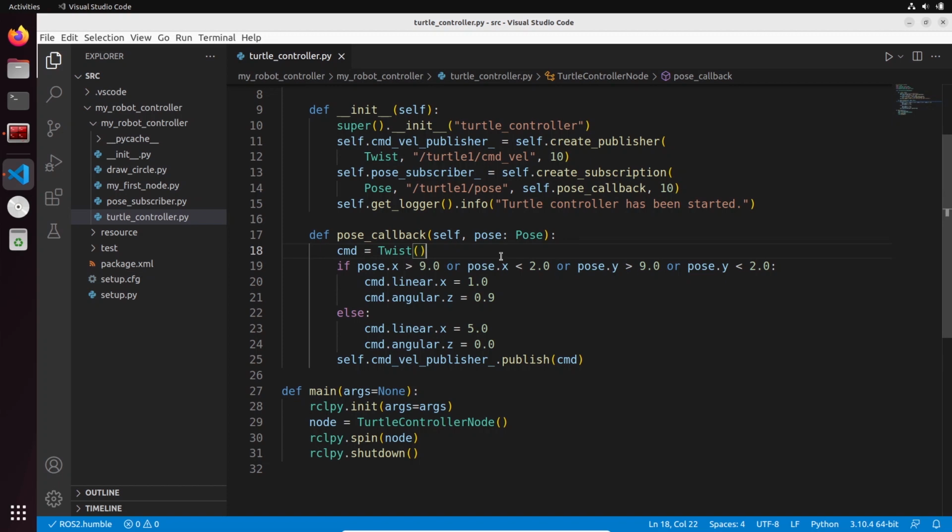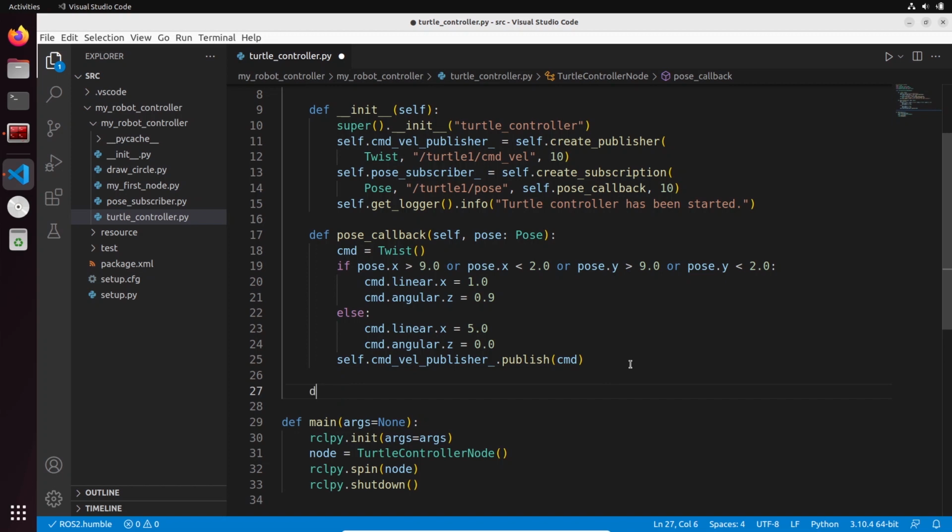If the turtle is on the right of the screen, which means that the pose x is greater than 5.5, which is the middle, then we're going to choose the color red. If it's on the left side, we choose the color green. And so we will need to call the service, so to create a client with a request in the pose callback. And to do that, I'm going to create a new method in the class